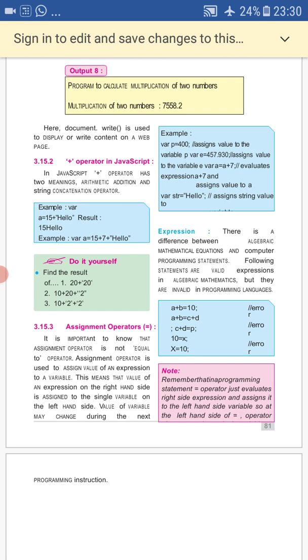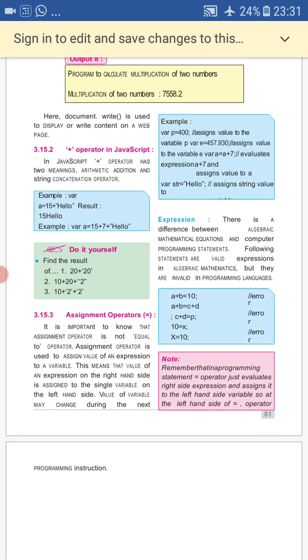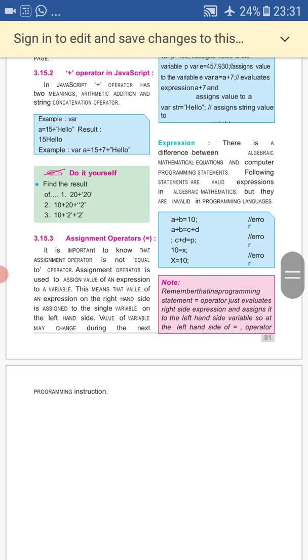Now what are relational operators and why do we use them? Whenever we have to create a relation between two operands, we can make use of a relational operator. It is used to generate a relation between two operands. Relation means whether the value is less than, greater than, equal to that value, or not equal to. These all are the categories that come under relational operators. So relational operators are used to check conditions or comparison of operands.